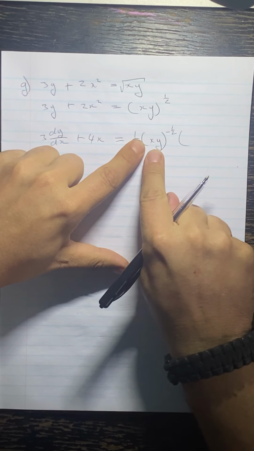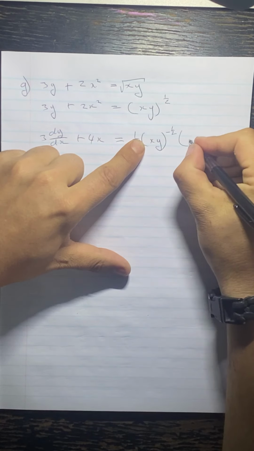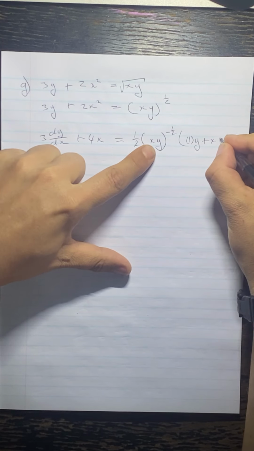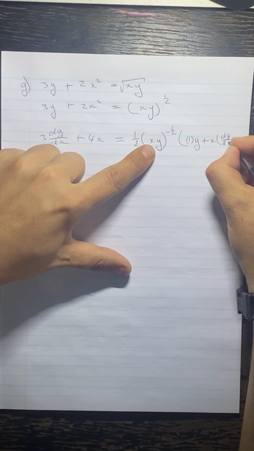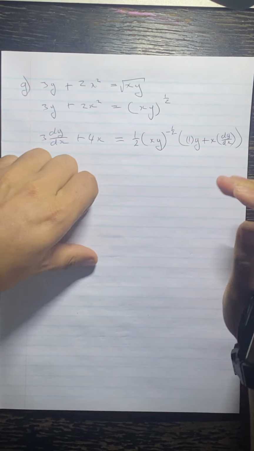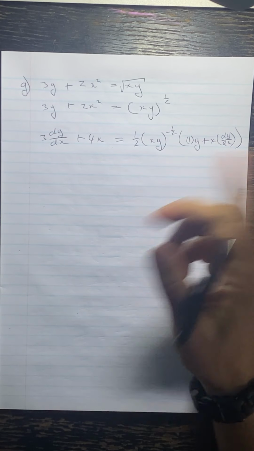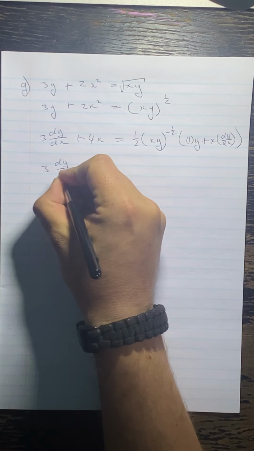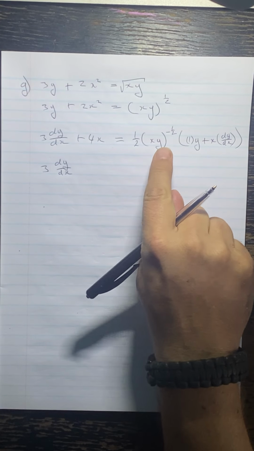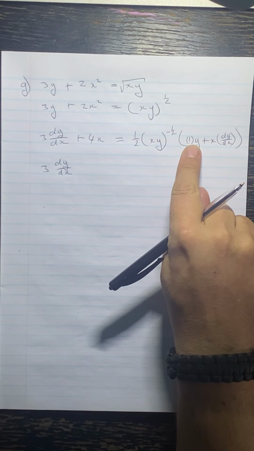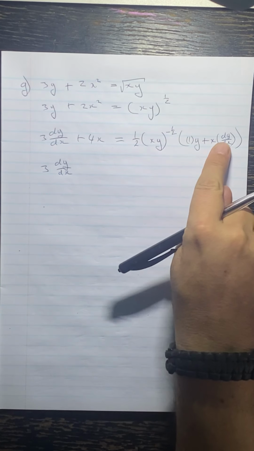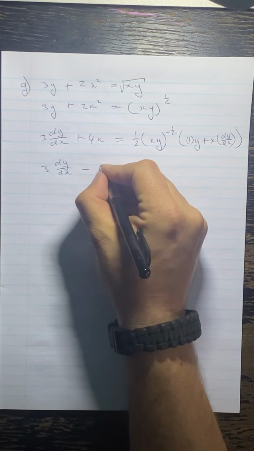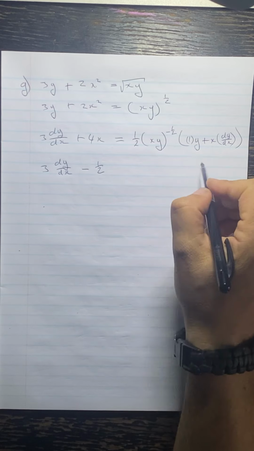Okay, so we've got a product here. So it's going to be the derivative of the first, leave the second, plus leave the first, differentiate the second. All right, and there's the derivative of that. So let's take dy/dx to this side, everything else to that side. So we've got 3 dy/dx. Right, guys, I'm just going to miss a few steps here. If I multiply that in there, I'm not getting a dy/dx. If I multiply that in there, I do get a dy/dx, and I'm going to take it to the other side. So we get minus a half,